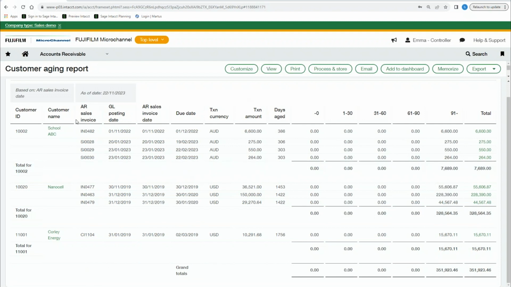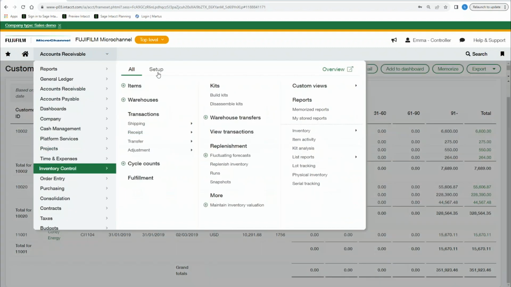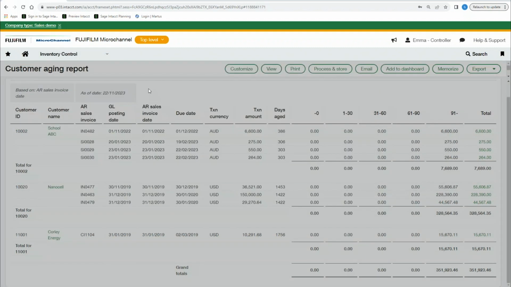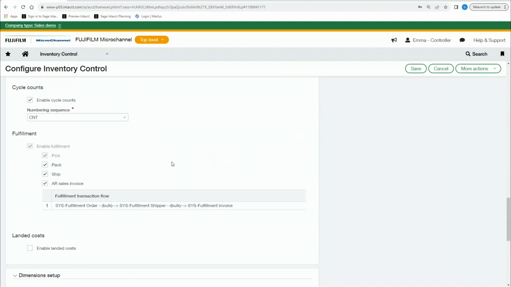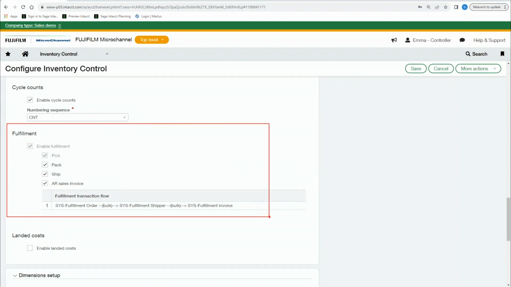Now, when we step out of the financial area, there's a couple of things on the inventory side that they've updated as well. When we look at inventory, I think that's quite a key one. Part of this is the entire fulfillment process. There are things we can add in there from a fulfillment side where we want to enable the fulfillment. We want to take it to pick, pack, ship, and invoicing effectively, so we can manage through